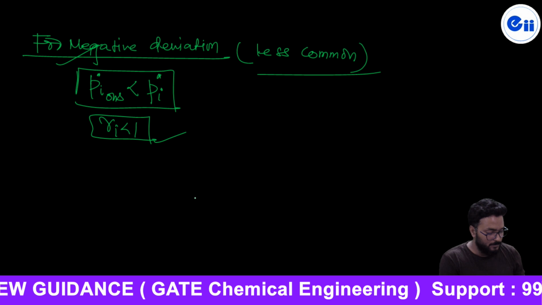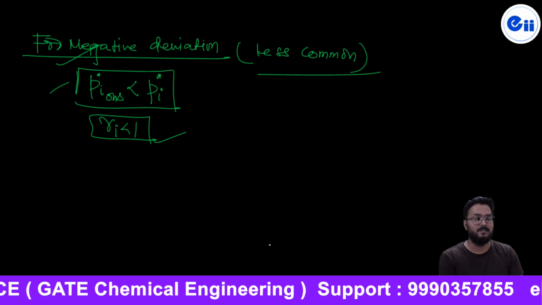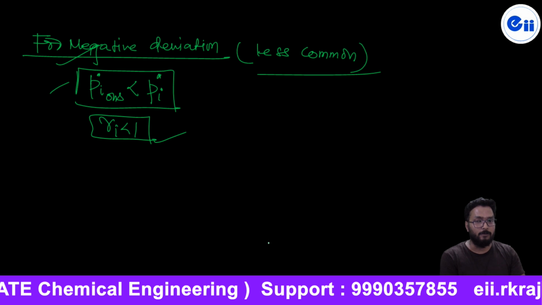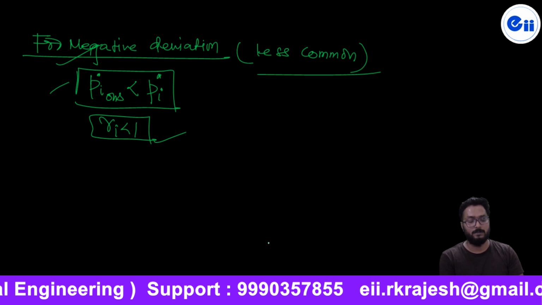So these are the two types of non-idealities, and these non-idealities we have measured in terms of the activity coefficient. One is gamma i more than 1, the other gamma i less than 1. Is that right? Now,